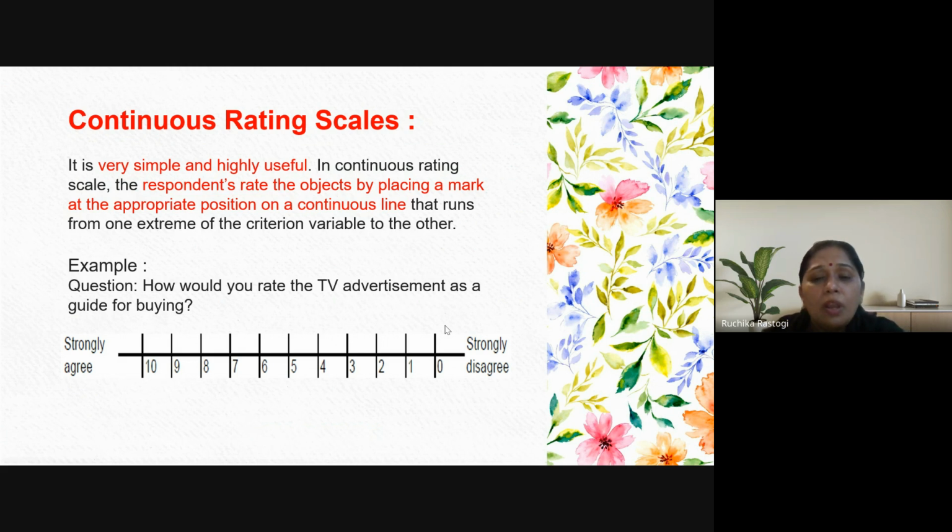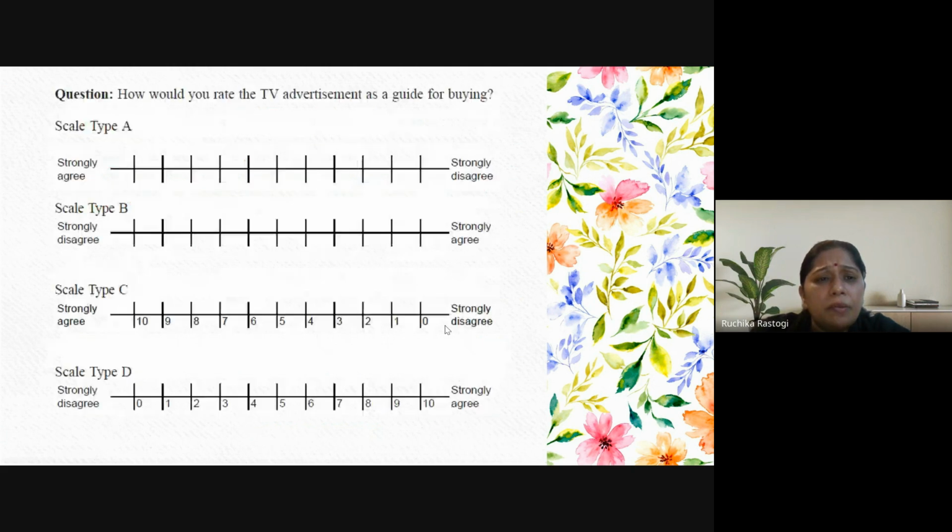Generally, even to ask this question, we form it on a Likert scale. No need to frame this question on a Likert scale. We are asking people how powerful the TV advertisement is, or how the TV advertisement influences you to purchase a product. And that could be asked on a very normal continuous rating scale where the ratings are given from 10 to 0. So it's one of the very easy scales.